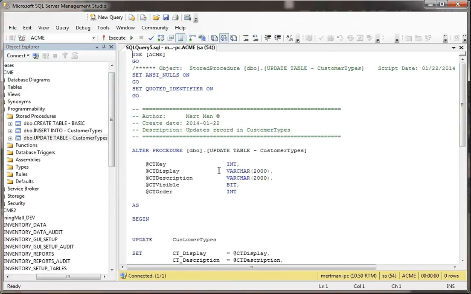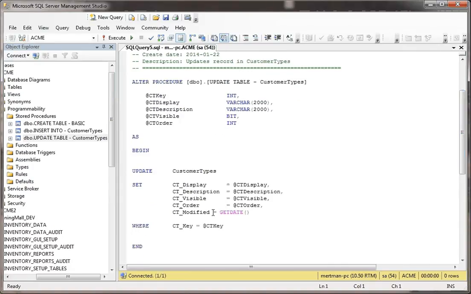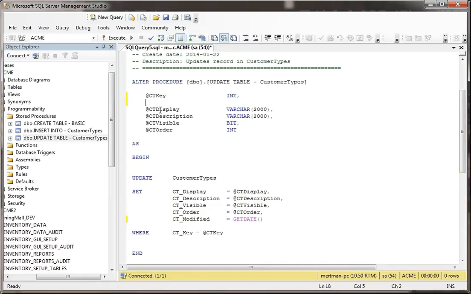What's going to be happening is we're going to be passing in a key so we know which record we want to change. And then these are all the different fields that we might want to alter in this stored procedure. So basically, as you can see, it's just going to be doing an update query, update customer types table, and it's going to set this value to this and that value to that, and the CT visible to this parameter and so forth. You notice that we pass in 5 parameters, except these are the 4 that we're changing. You see, because these 4, display, description, visible, and order, those are the 4 that we're